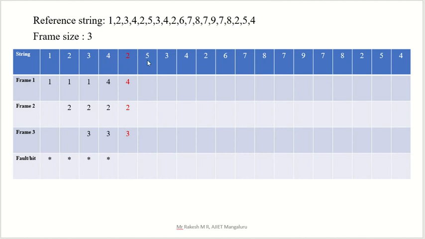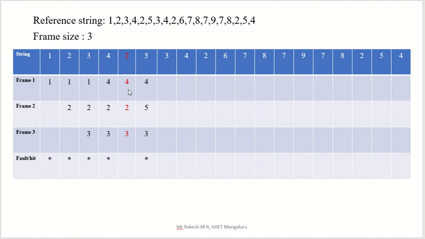I will take the example of 5. I want to place 5 in any one of these 3 frames. Which algorithm? FIFO. Whichever came first is out. So 4 is there here. Don't look at this one; 4 is there because this column is completely a page hit. Then 2 here, 3 here. Out of 2, 3, 4, which one came first? First is 2, so I have to replace 2 and put 5 here. See, I replaced 2 with 5. 4, 5, 3, the remaining two stay as they are.